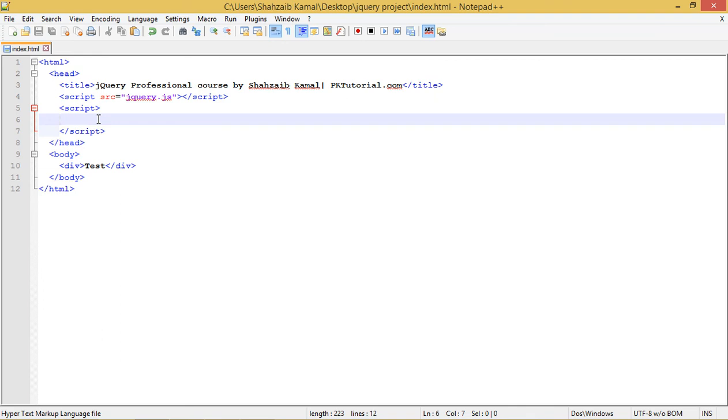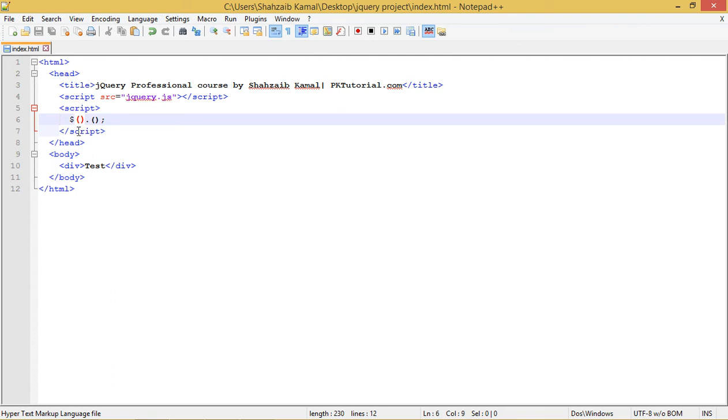By the way, the syntax of jQuery is so easy and so simple. Just insert a dollar sign, two parentheses, a period, two parentheses, and a semicolon. This is the syntax of jQuery, which is really easy to understand, and all of jQuery is dependent on this syntax, believe me. And now the first set of parentheses is for addressing the selector, and here you have to type the event or the function, whichever you like to use.